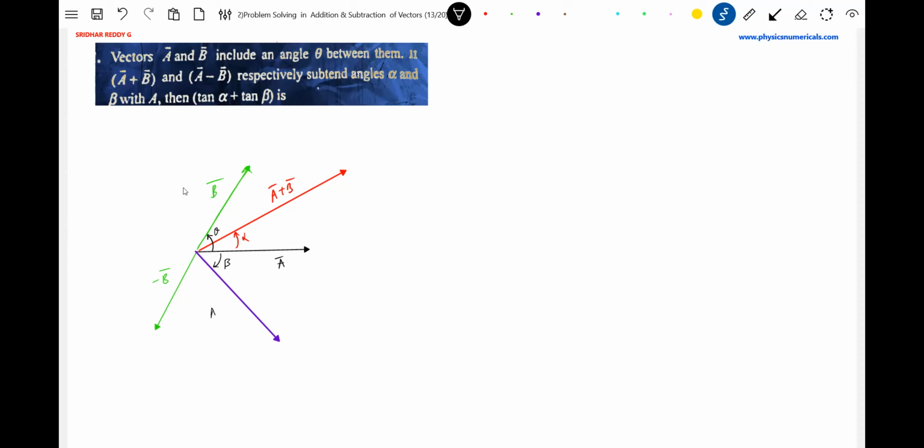Sir, how come this resultant will be vector subtraction only? If you have A bar, B bar, you get it like this. I think everyone knows this. We are almost going to end this vector addition and subtraction. Minus B bar is there. Can you shift it here? Then what about this other vector? The other vector will come here. What is this vector? A bar minus B bar.